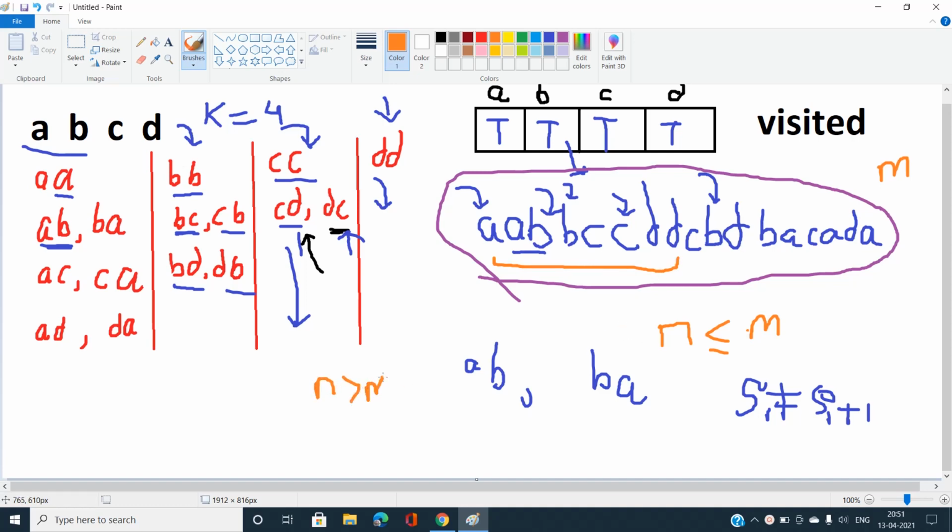If n is greater than m, what you need to do is just repeat the characters. In short, if I have already done this entire string, like let's say m is 10 and I need to print 12 characters, I need to print this entire one, and then two more characters. I need to print them starting with this AB. I'm not going to start with the first one.